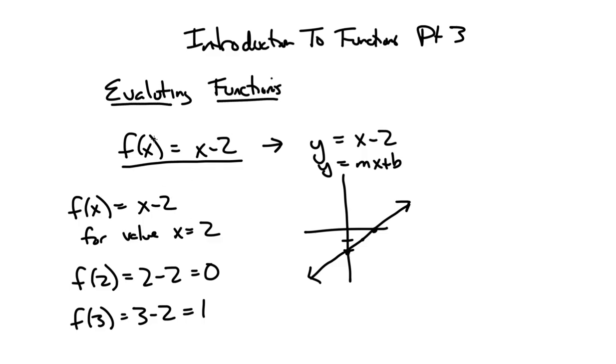The notation is, I have here f of x equals x minus 2. So if I want to know what happens if x equals 2, I just put in a 2 here and a 2 there. Or if I just wanted to graph it like I have in the past, if I have f of x equals x minus 2, show me all the solutions with a graph. Well, that's just the same thing as y equals x minus 2, which we graphed right